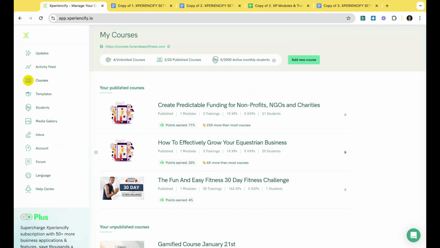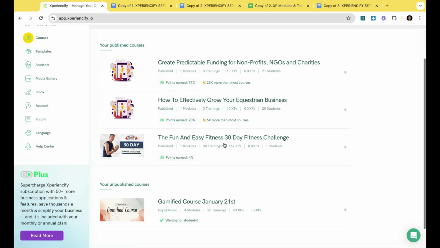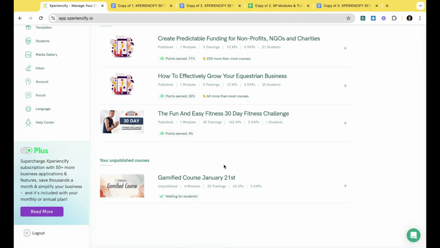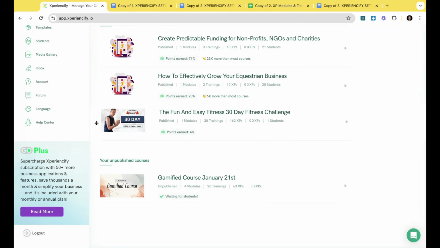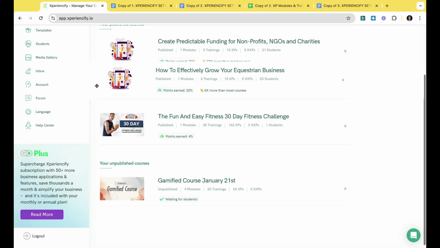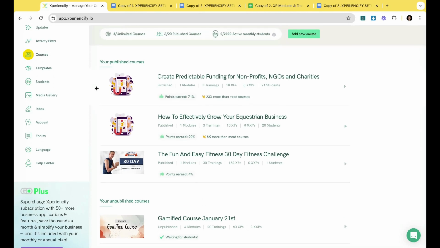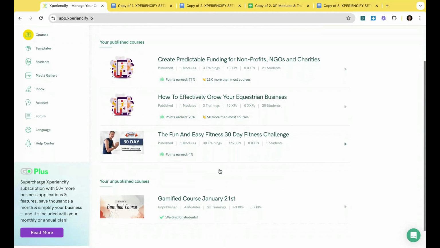And it's really similar to the kind of friction you would experience if you're writing a book or creating anything from scratch. If you sit down at a desk with a blank sheet of paper and say, okay, I'm going to write my book right now, you'll probably go crazy because how do you get that first word out? The same thing happens when you're building a course. And as you can see from some of the courses I've built on the screen here, the way to build a course effectively is to prepare as much as you can before you come into the software and start to build it, right?